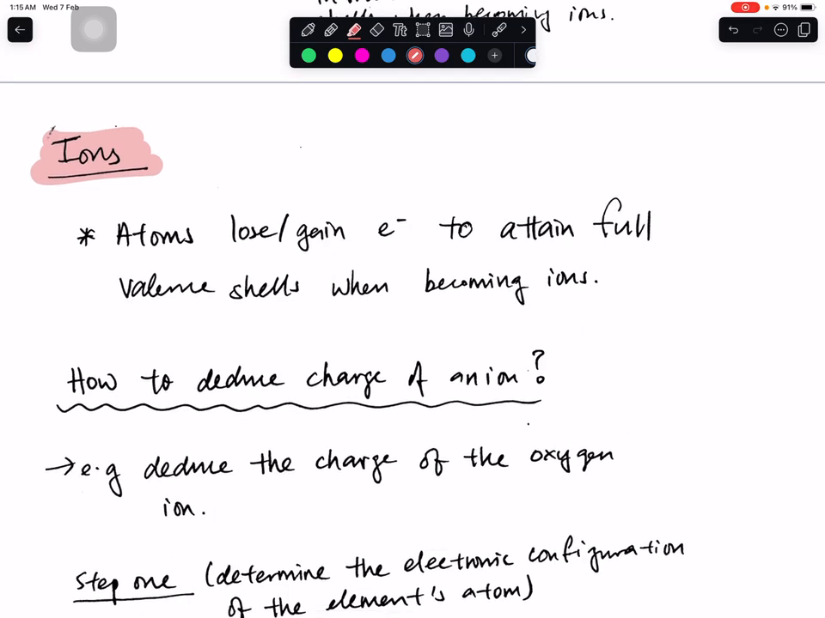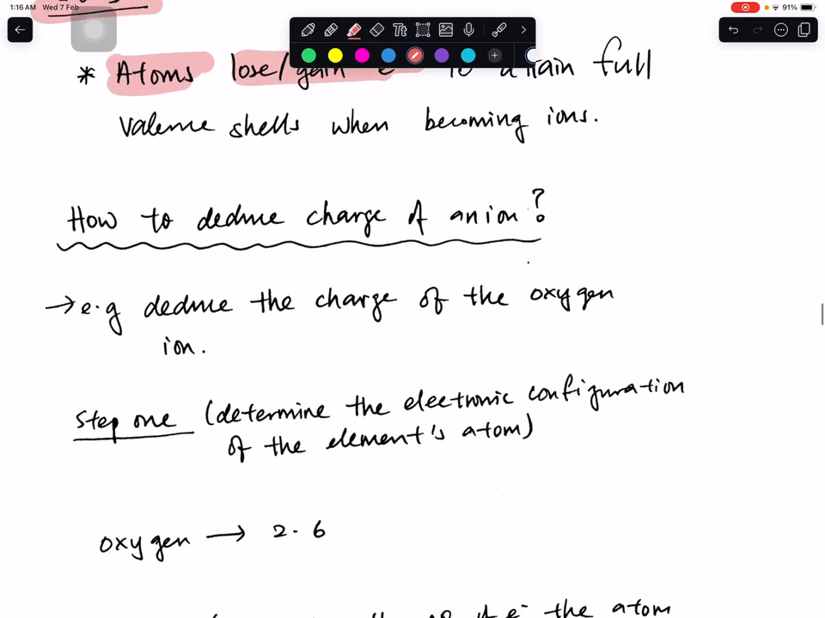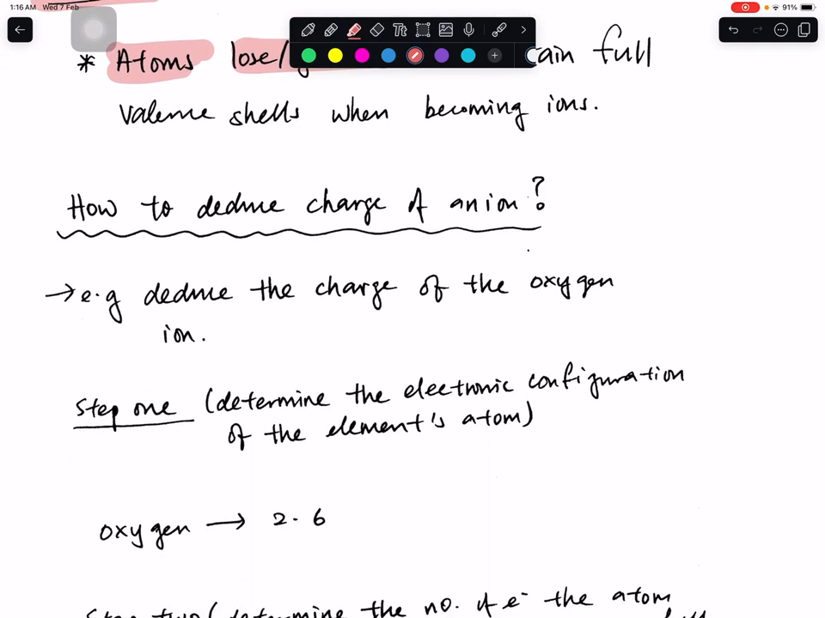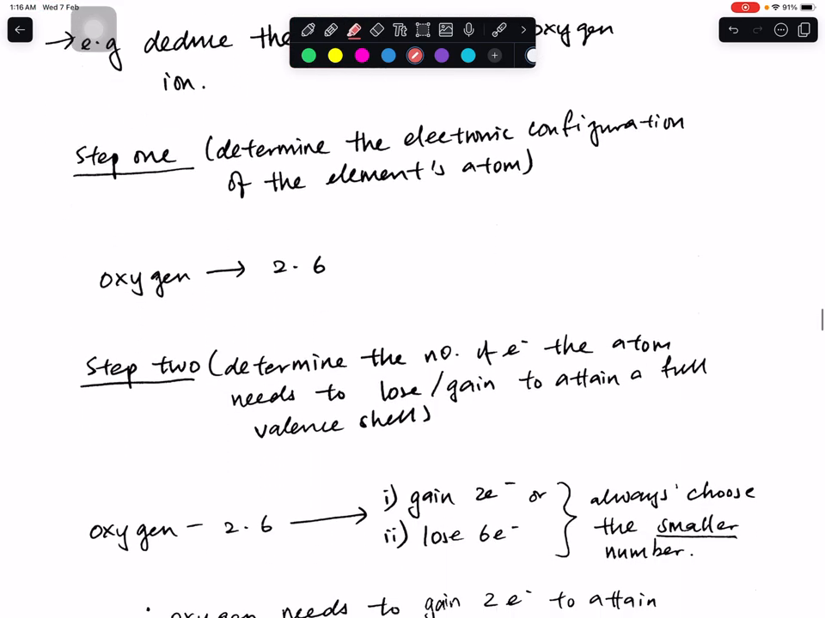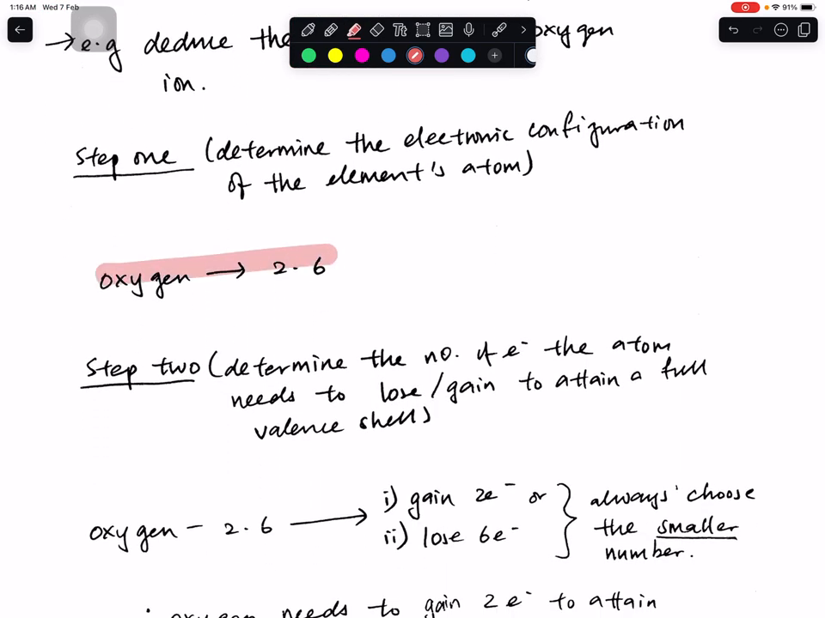Okay, so now let's go back to ions. This is the next thing. Your atoms will lose or gain electrons to attain a full valence shell, to become ions. Now the important question is how do we determine the charge of any ion? The first step is to always write out the electronic configuration. For example, we have oxygen. Oxygen is number 8, so you'll realize its configuration is